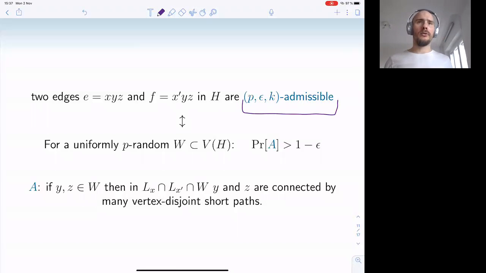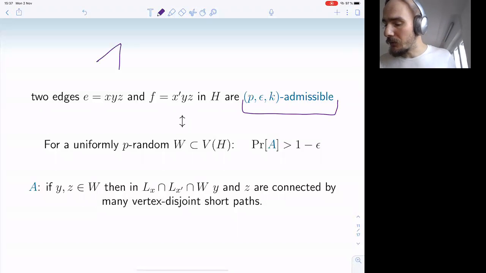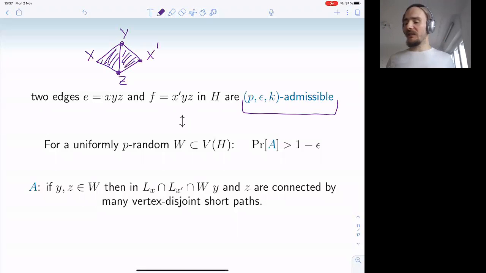And let's see what this (P, epsilon, K)-admissible condition is. It is a condition for two edges. We have one edge and another edge that share two vertices: x, x prime, y, z. This is our situation. And then we call this pair of edges (P, epsilon, K)-admissible if